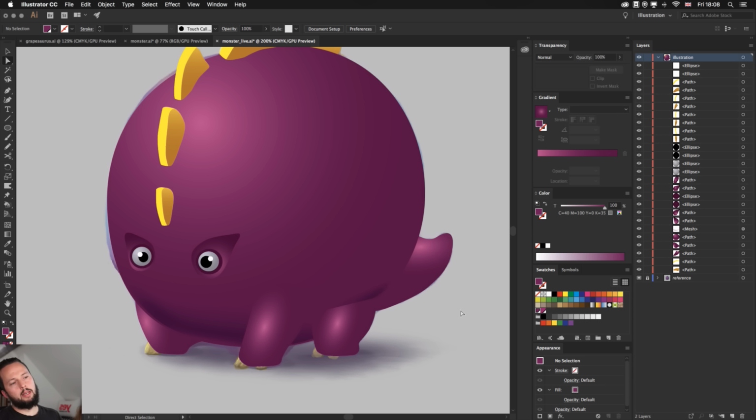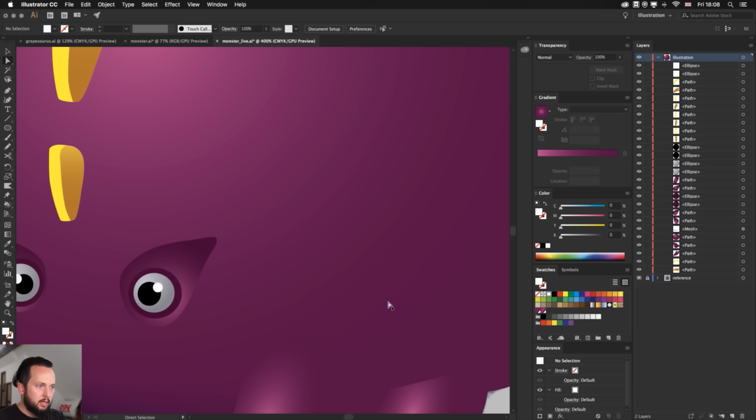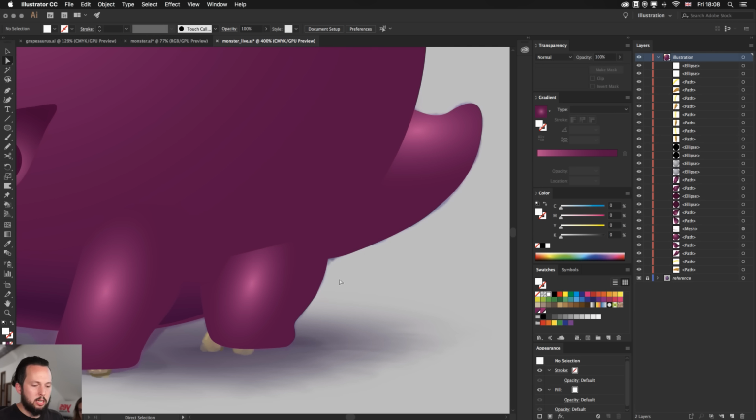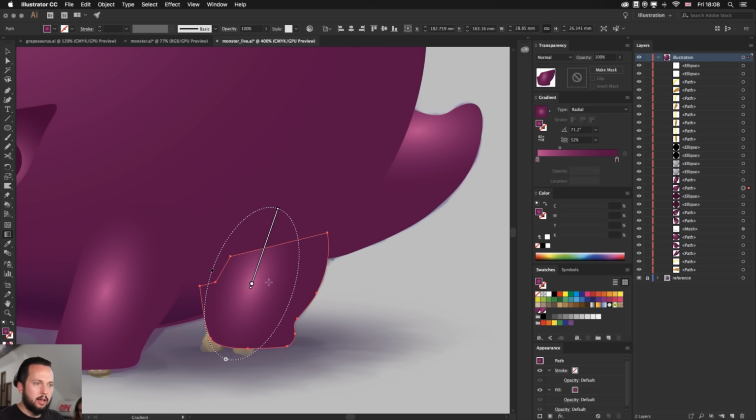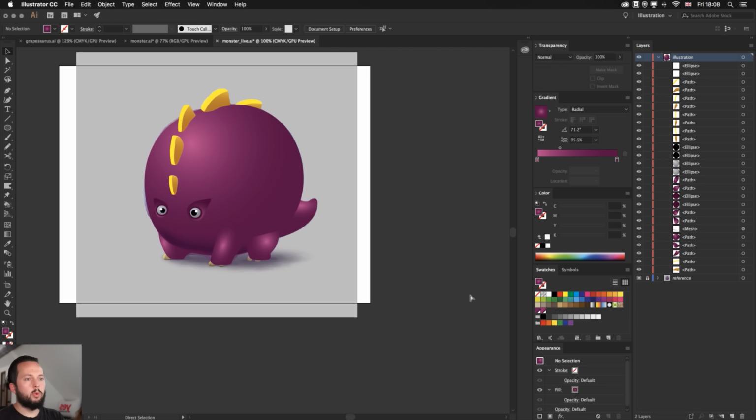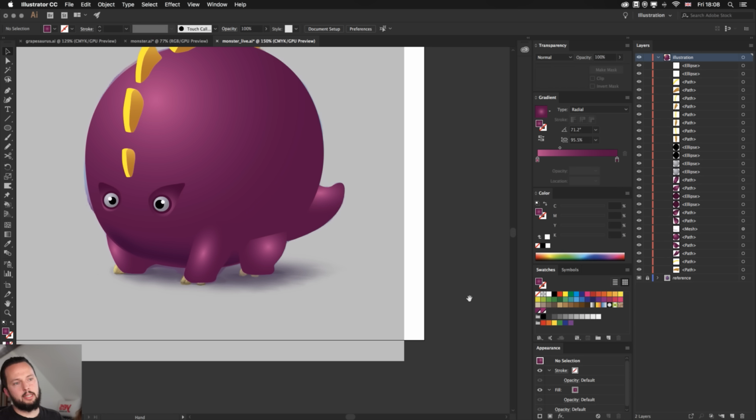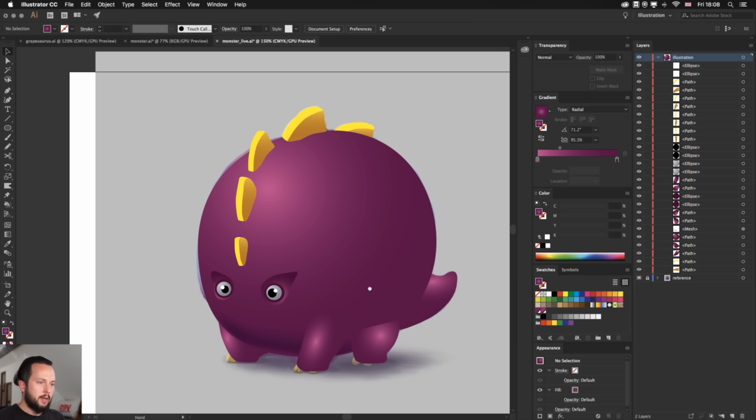Yeah, just to separate the leg, that would need a little bit more refinement. I would want to define this edge here, making sure that this leg separates from the background. But maybe what we can do is to just select this, drag it out a bit and drag it up that way. So that way the leg is separating more from the body. So now we can see it a little bit better where the edge is.